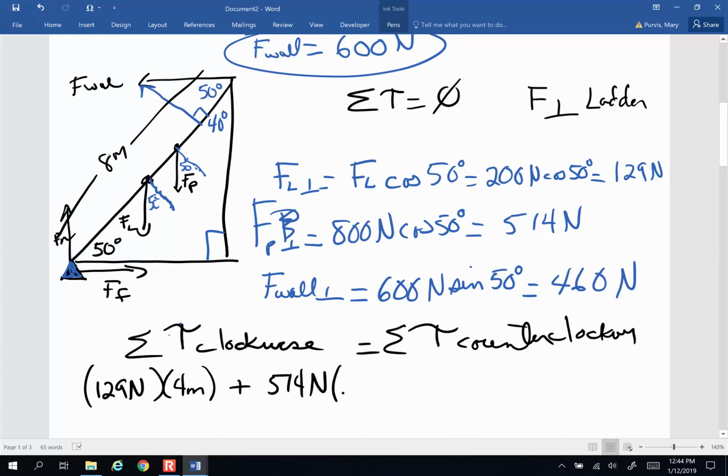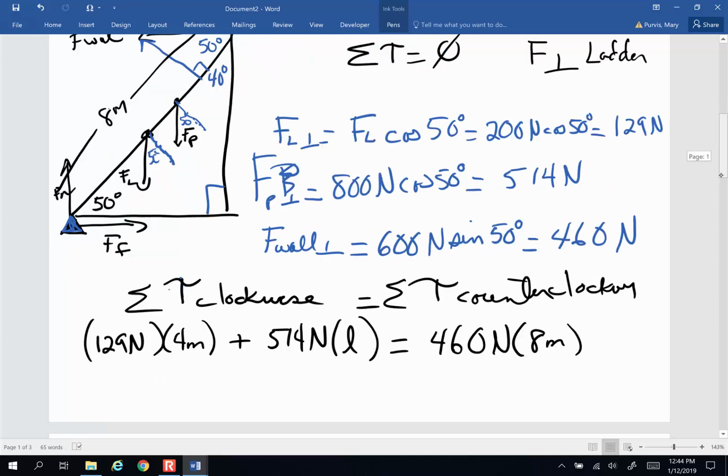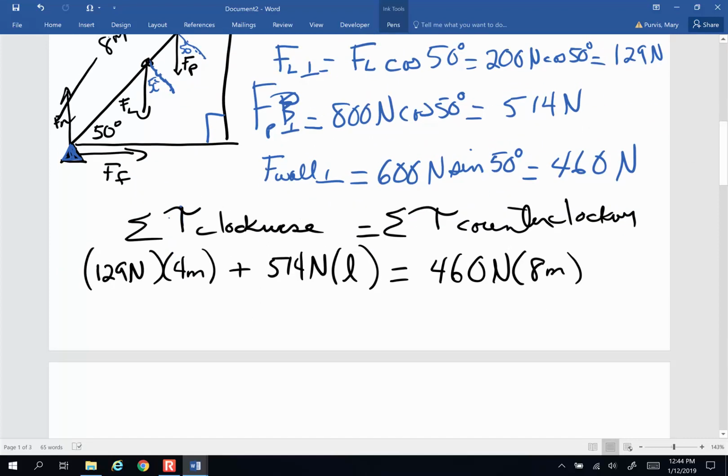And I don't know that lever arm L, and that's going to equal the one force making it rotate in the counterclockwise direction, which is going to be the force of the wall, 460 newtons. And what's the length of my ladder? 8 meters. So that's that lever arm. And when I do this, this ends up with 516 newton meters plus 514 newtons times unknown lever arm L equals 460 times 8, which is 3680